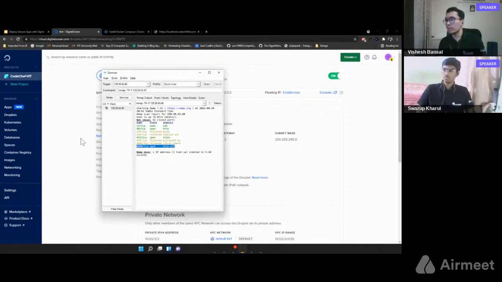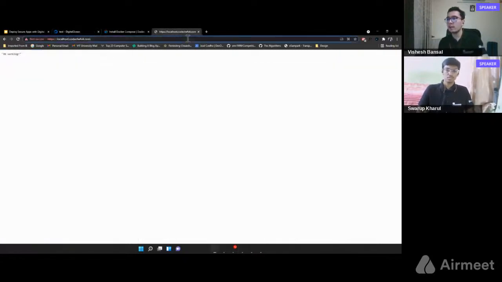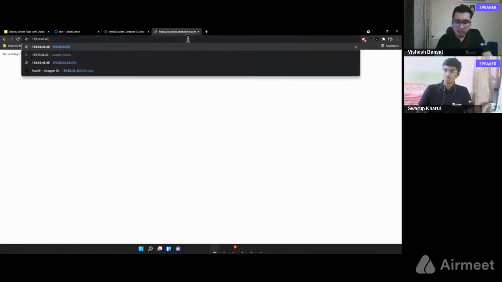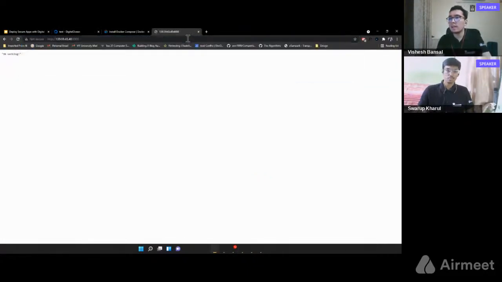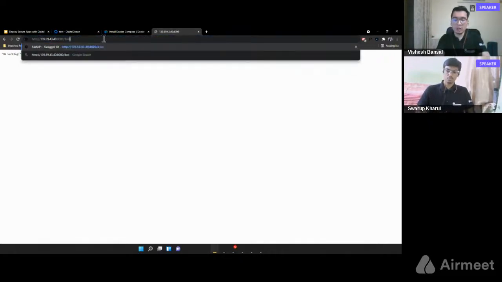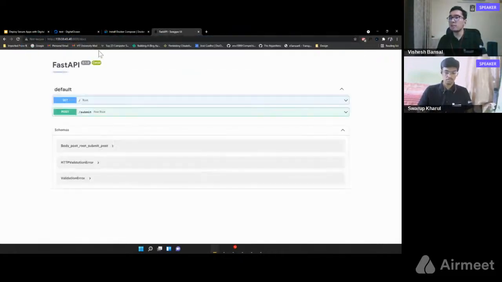So if I copy this IP address and type 8000 in here, I see I still can connect. So this port is exposed, and in a production level application, this can be very scary for us.